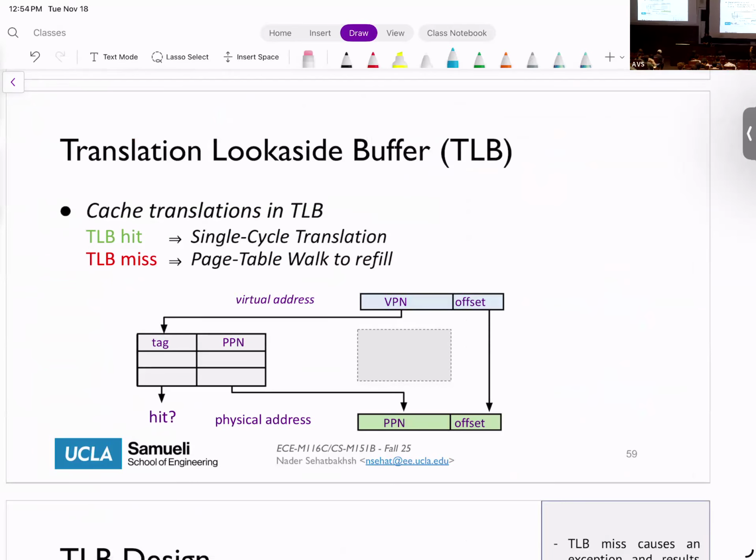So this is how our page table would look. Essentially the VPN comes in and first goes to the page table.